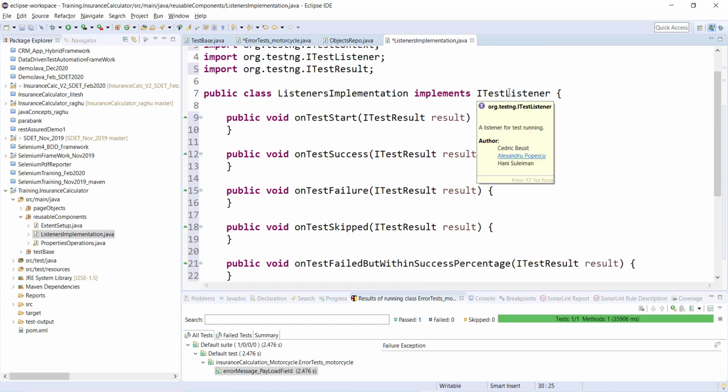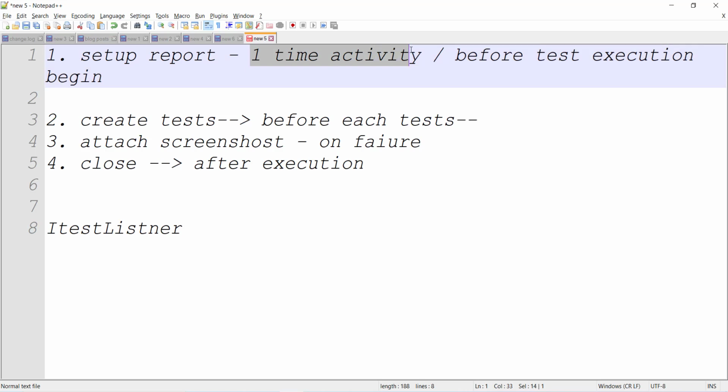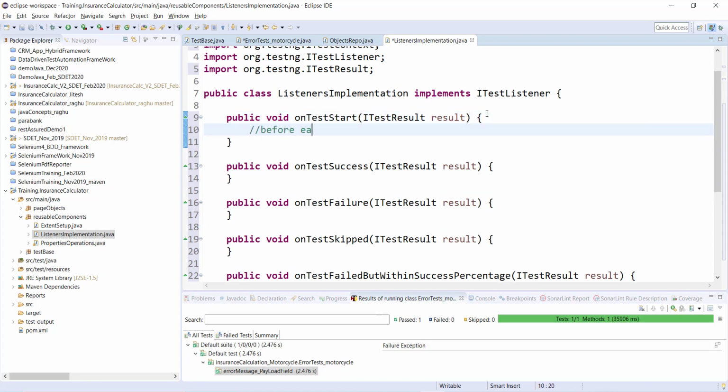Okay, so now what's the first step? Our first step is to set up the report, and as I said, it is a one-time activity, something we should be doing before our execution begins. Now the question is which method will begin first. Okay, just give me a second. On test start, this specific method will get executed before each test case.